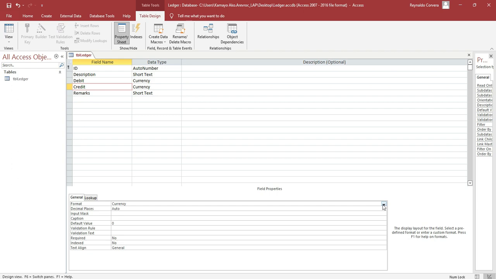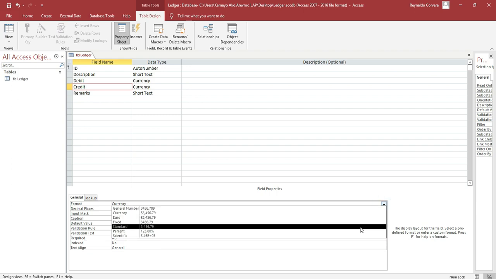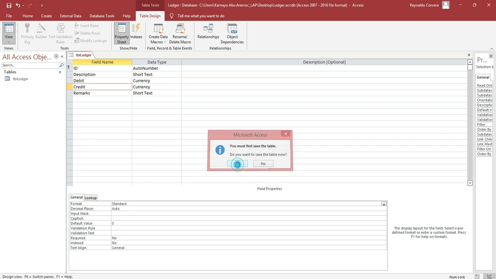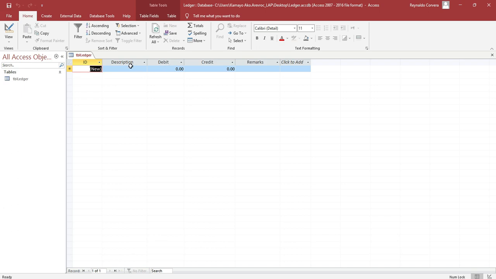I will use standard. Okay, now I will type here description. Again, instead of description, you can use account or any details that you want. Okay, I will type this one, cash on hand,